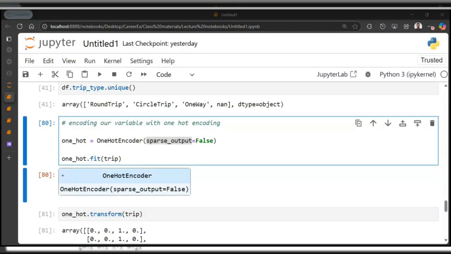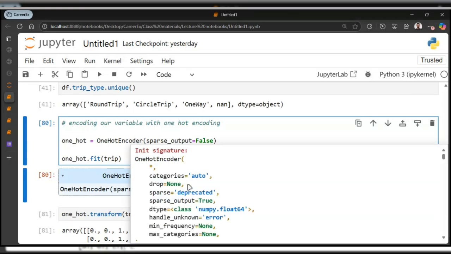Okay, so the default value for sparse output is actually true. All right. Hioma, I never watched yesterday's class, but I follow people talk true. All right. So yeah, you are correct. This time, following the crowd has helped you. So the correct output is true. If you just come here and do Shift and Tab, you're going to see that the sparse output default value here is what? True.